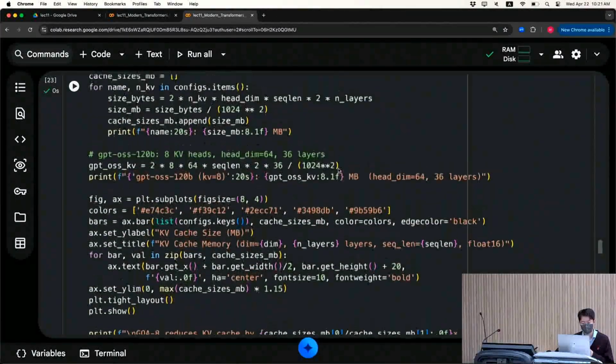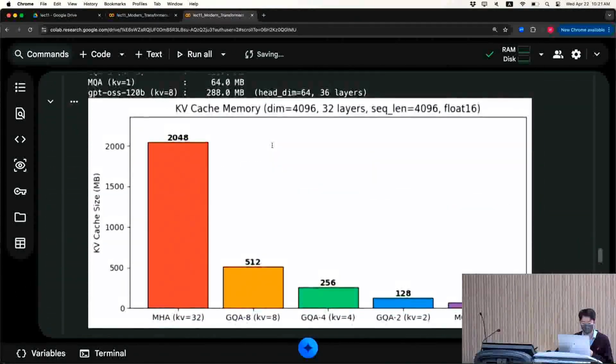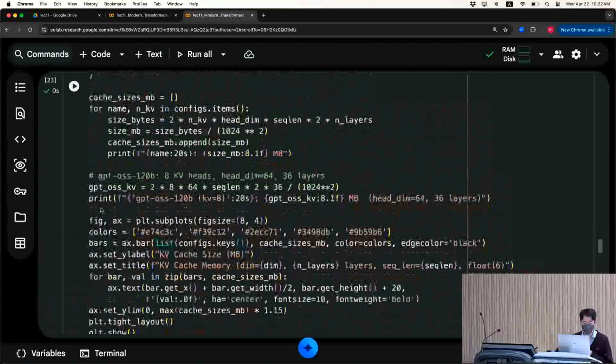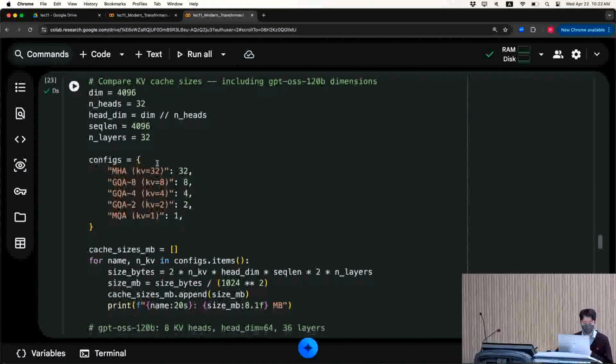So this is using the code that we just implemented together. We're going to compare multi-head attention, where it has 32 key activations and value activations, all the way to multi-query attention, where there's a single KV head that's shared for all queries. So in terms of megabytes in the KV cache size for our small input,